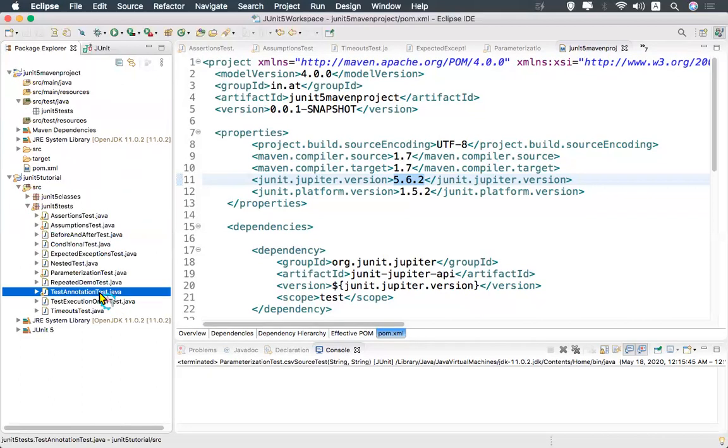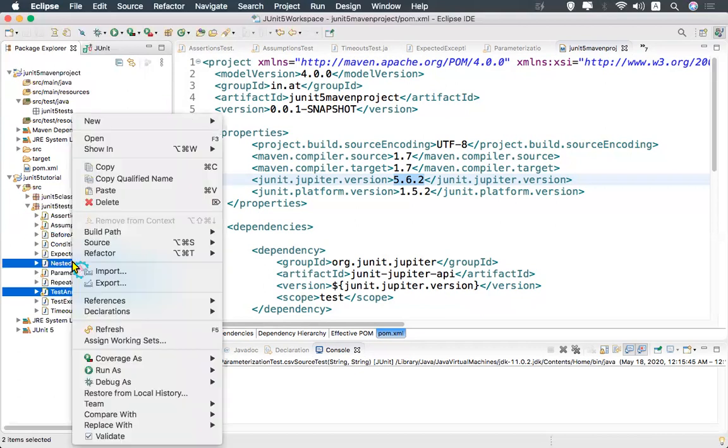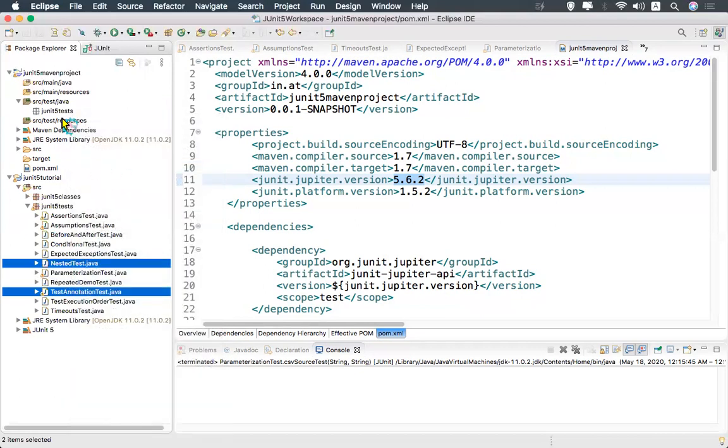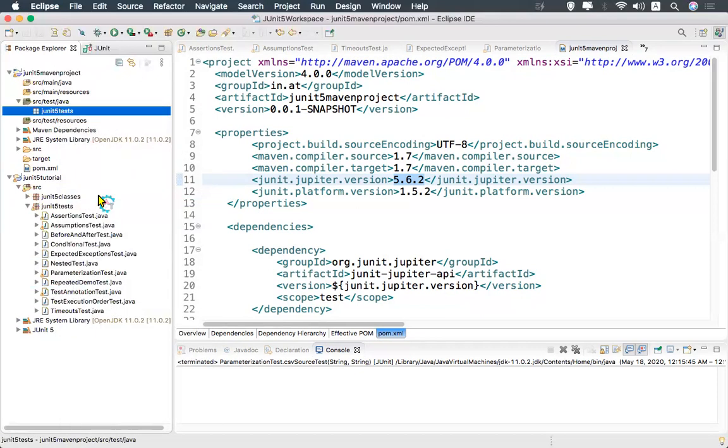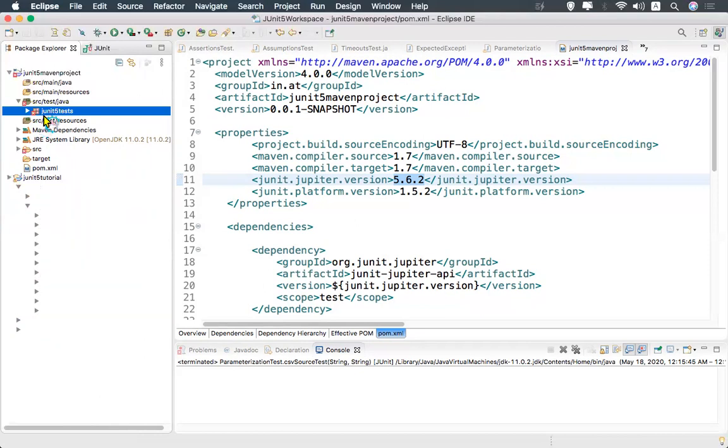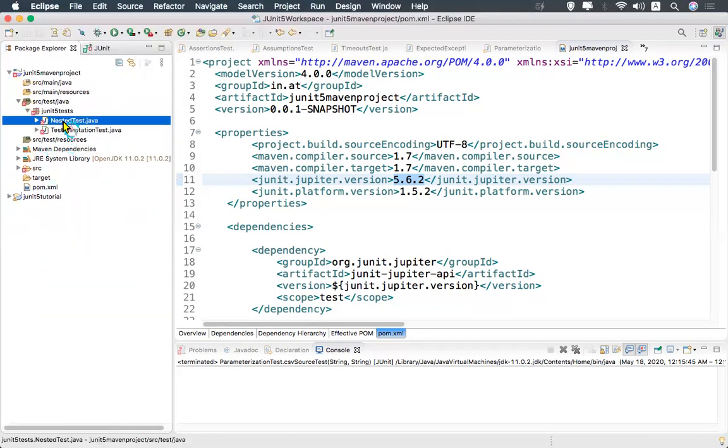The test annotation test, and these two things, we'll copy paste here. Yeah, I copy pasted.